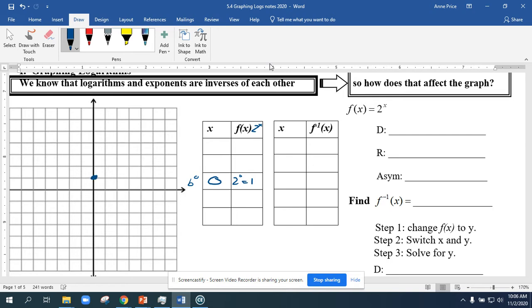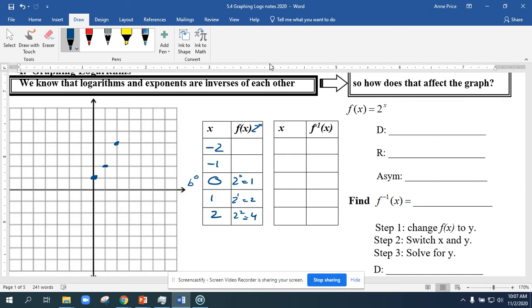We talked about at the top of these notes that they typically, without transformations, will start at the y-intercept. They all have, without transformations, a y-intercept of 0, 1. And then we can go to the left a little bit and then to the right a little bit with those t-charts. So it does help to start with when your base is raised to the 0 and then go a few points in each direction. So if I plug in, let's say 2 to the first, I get 2, and 2 squared, I get 4. So we're going to go ahead and plot that over 1 up 2, and then over 2 up 4,